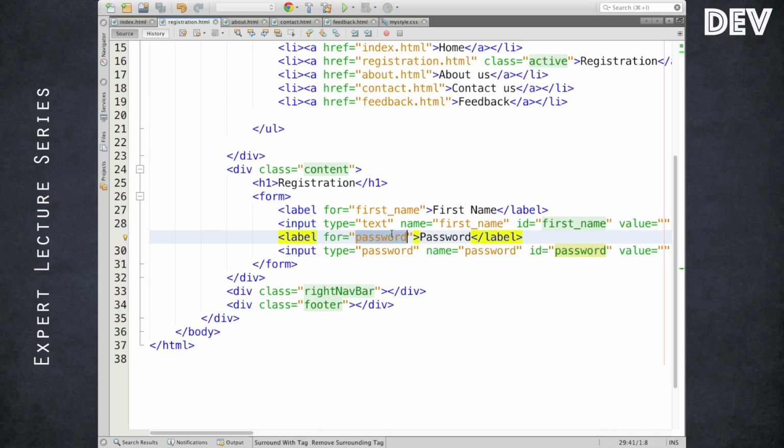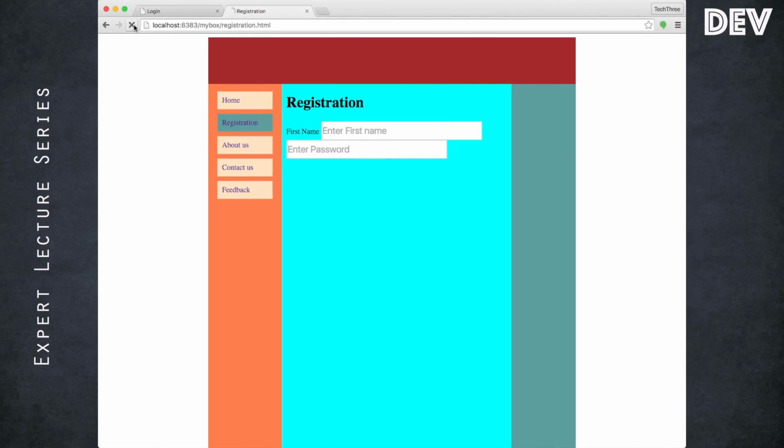This for is not mandatory, but it guides you for which input field this label is holding the text. It has nothing to do with the ID or any identifier. We are not going to manipulate the label anyway, but it guides. Remember, something is not really looking good, but somehow we are progressing.